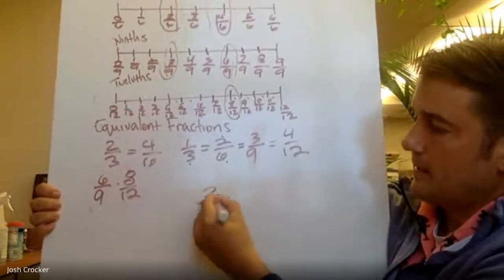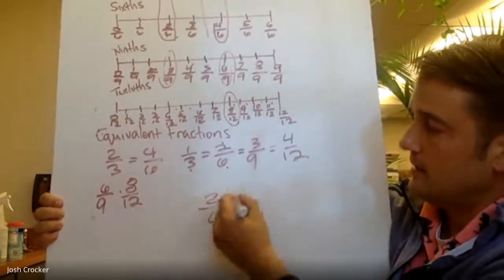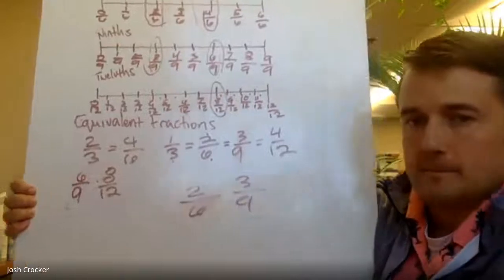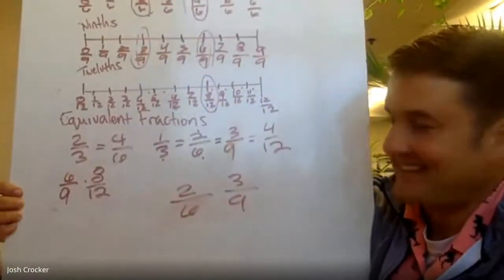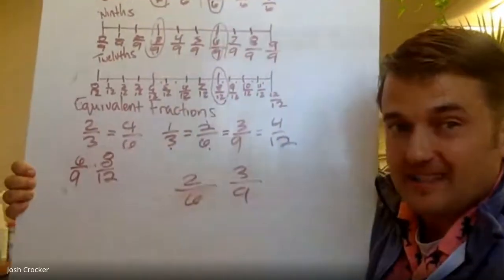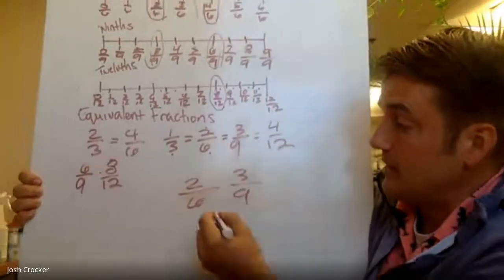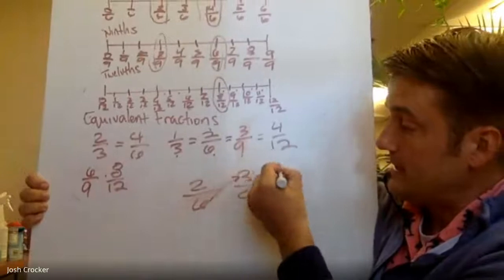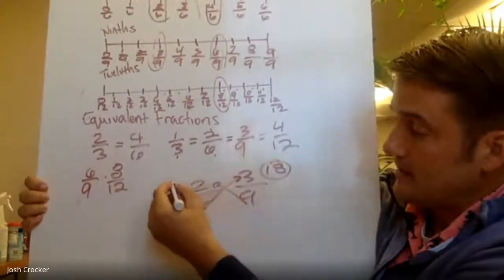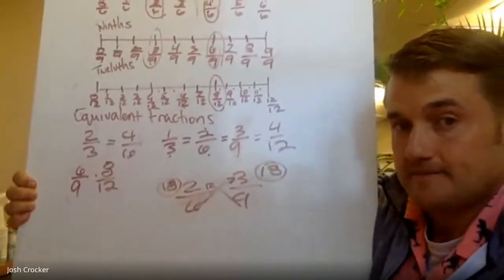2/3 and 6/9. I said that wrong. 2/6 and 3/9. Okay, there's nothing I can multiply 2 by to get 3. So this is another funny example of equivalent fractions, but I can do my cross products, and that's 18, and that's also 18. So I know that these fractions are equal. Okay? Fractions on a number line. Got to stretch and